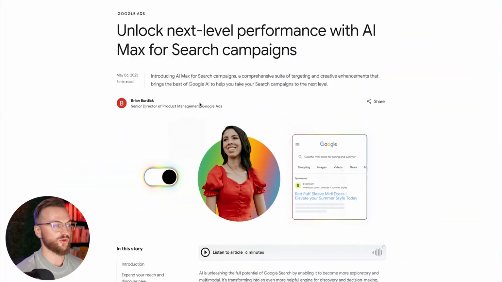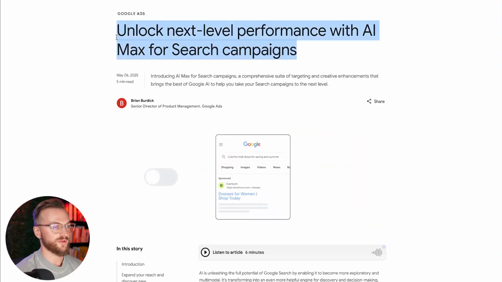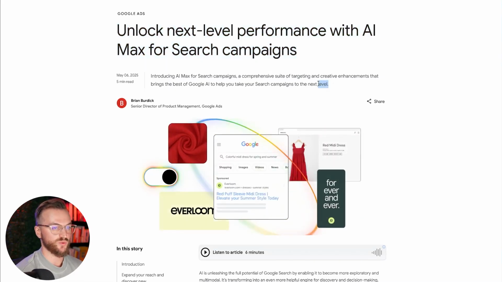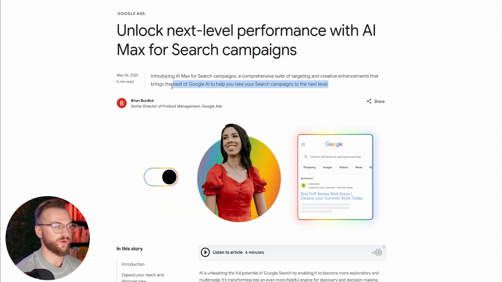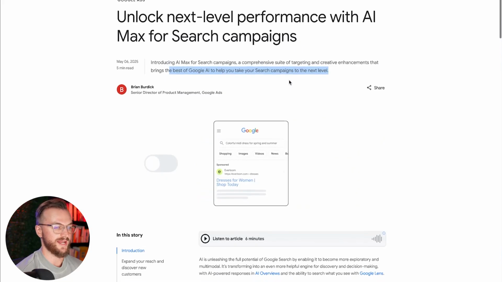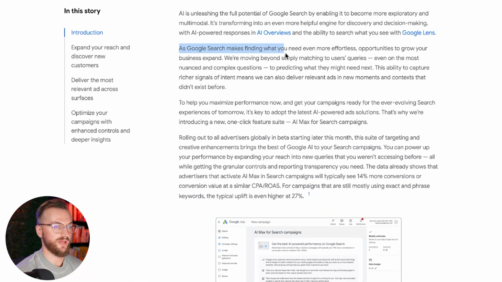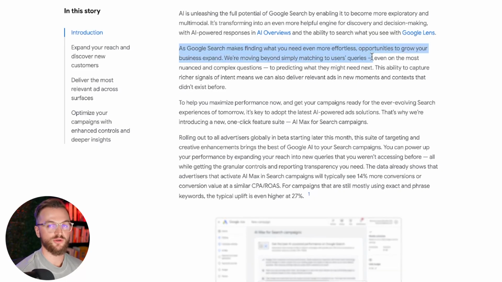So here's exactly what Google says about Google AI Max. It is the next level of performance with AI Max for search campaigns. Okay, and so essentially it's a comprehensive suite of targeting and creative enhancements that bring the best of Google AI to help you take your search to the next level. So essentially Google's AI Max for search is going to make finding things effortless and also make setting up your